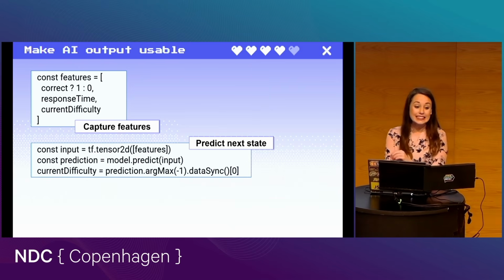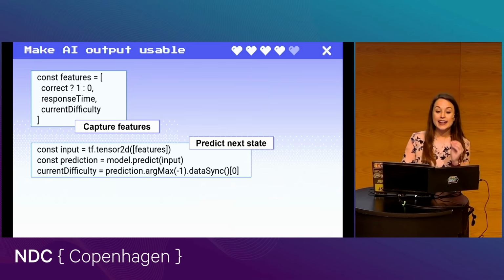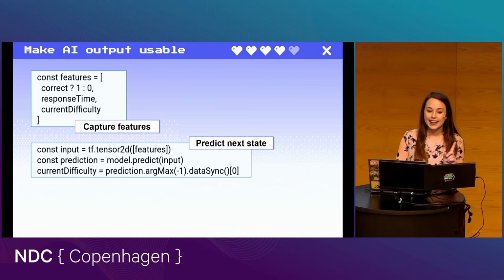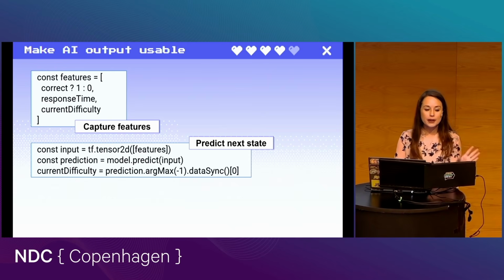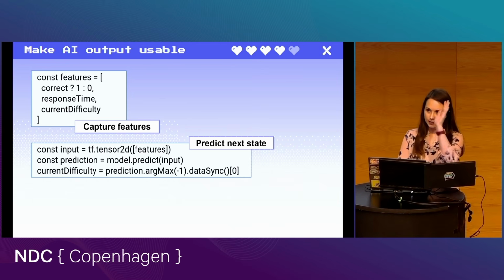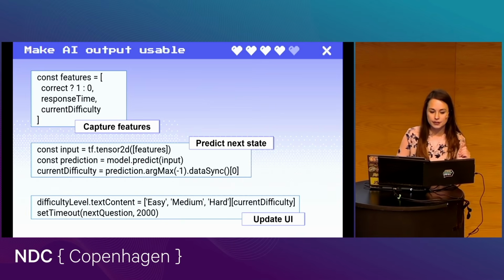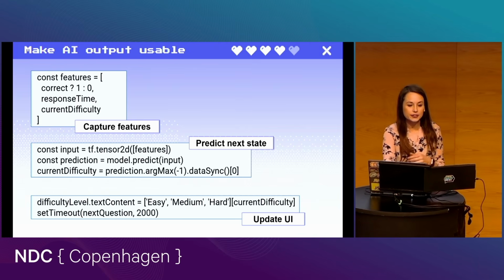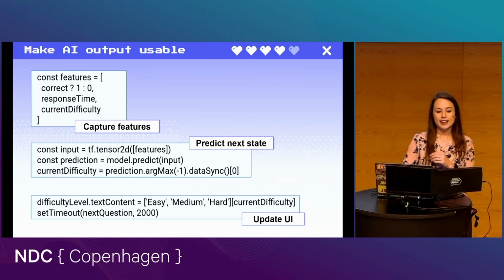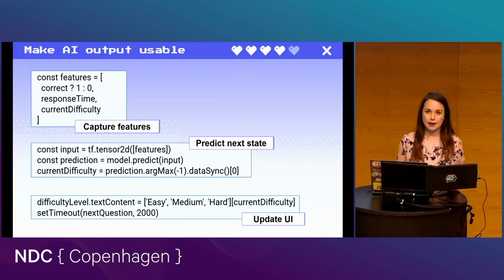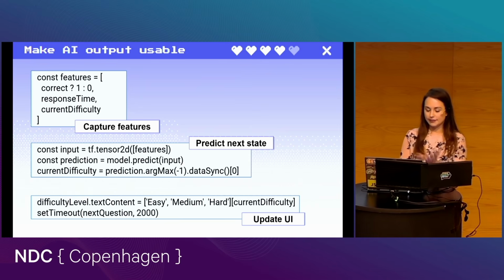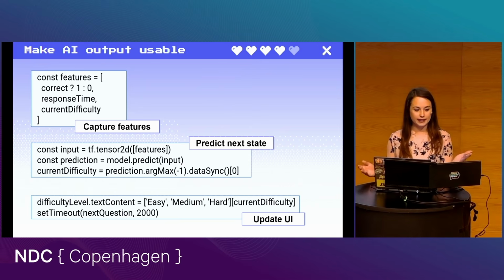And then we pass it into TensorFlow, the model, and ask for one prediction. And we're not generating some kind of paragraph or anything. It's just the one focused question: what should the next difficulty be based on that response? And then, of course, the UI updates. We update the difficulty level, move to the next question, and the user should feel that pacing shift, right? Of course, that's the most important part here.